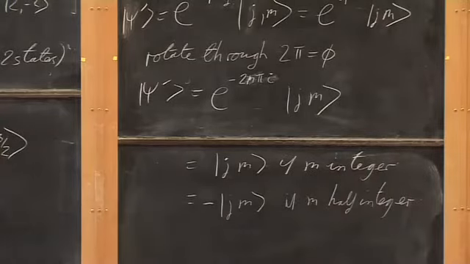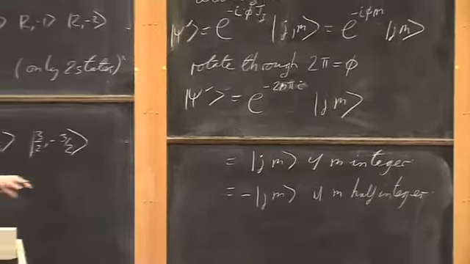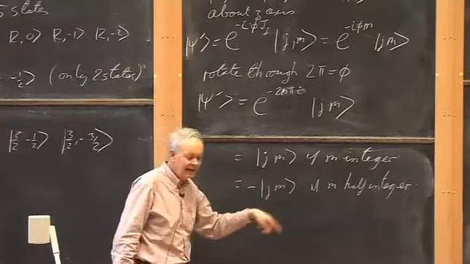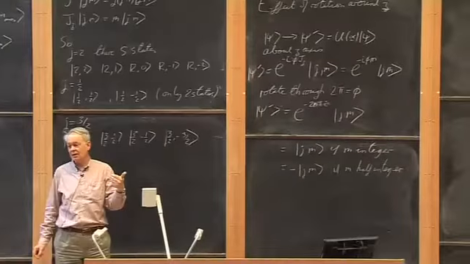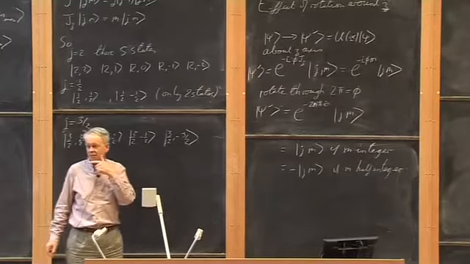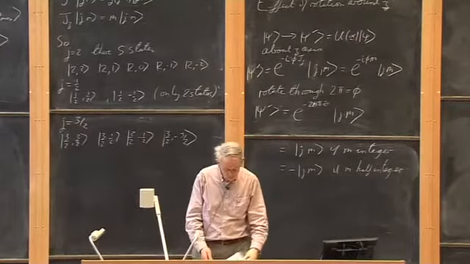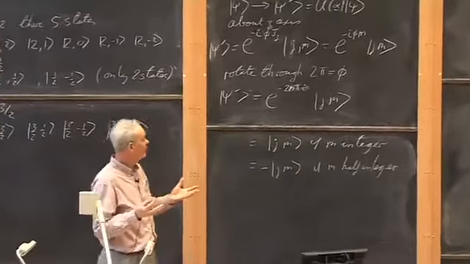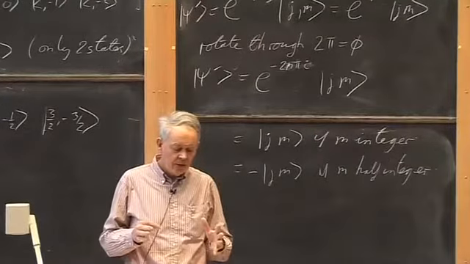So we have the surprising result that if you rotate a system with half-integer angular momentum completely around, through an entire rotation, its state doesn't return to its original state. It returns to minus its original state. And this seems strange to us because we have no concrete experience of this kind of thing, for the following reason: particles which have half-integer j,